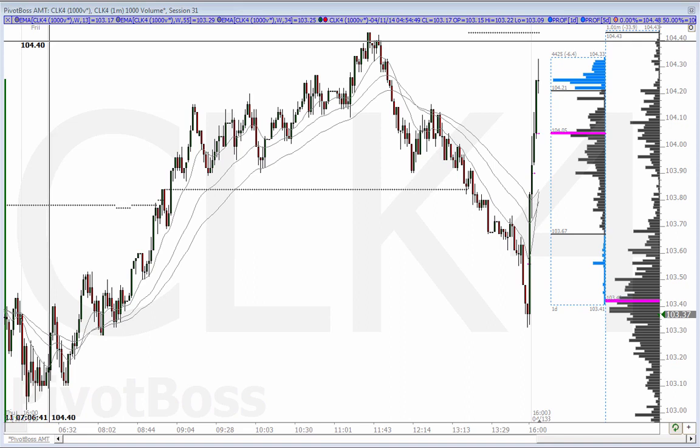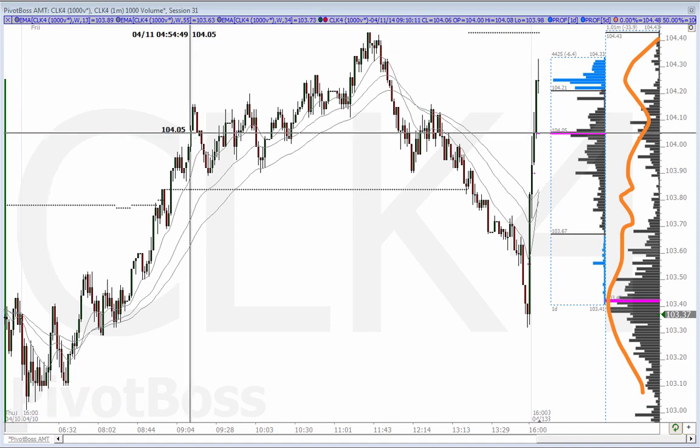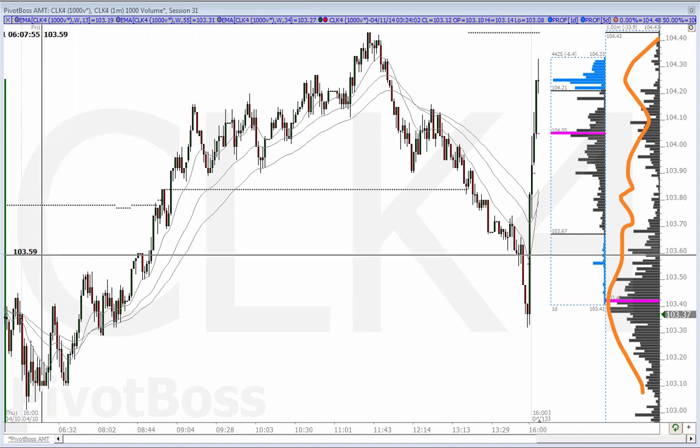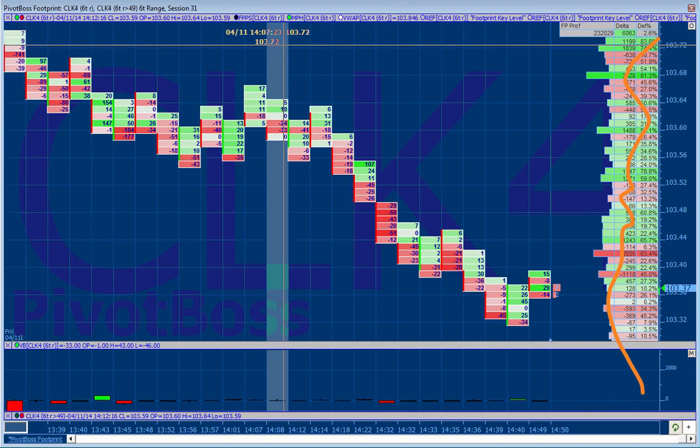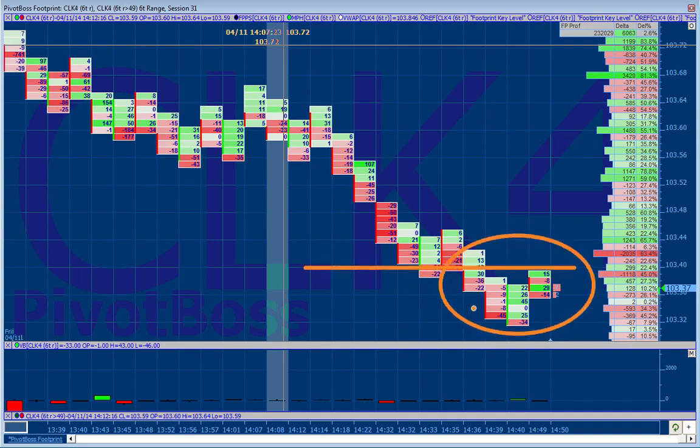So when we're using auction market theory and we're using our volume profile and now we're using the footprint chart, this is when true magic happens in the market for traders, because you are seeing the market as it is intended to be seen through the auction lens and then also through order flow so that you can see which orders are coming into the market so that you can either ride their coattails or squeeze them out of their position.